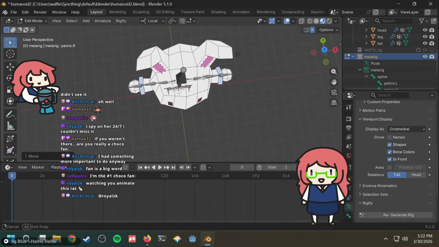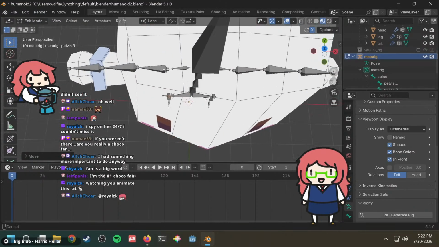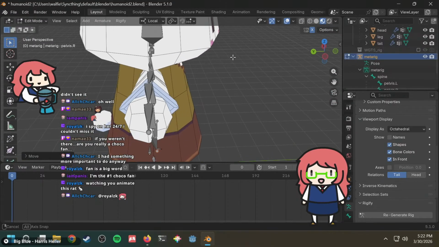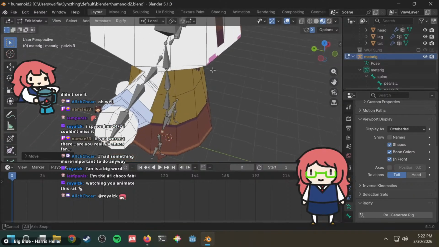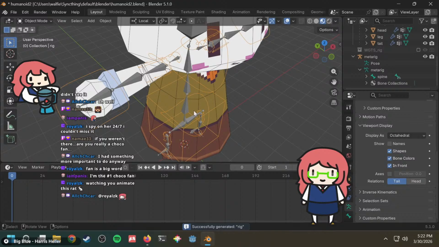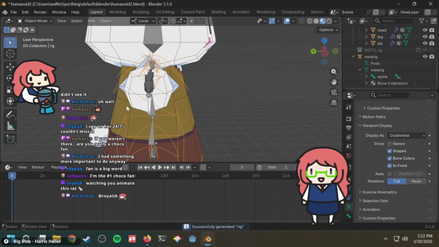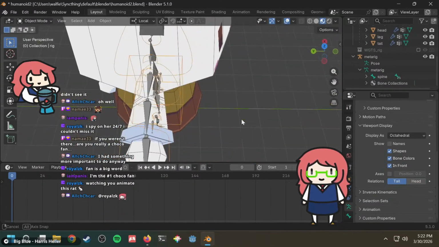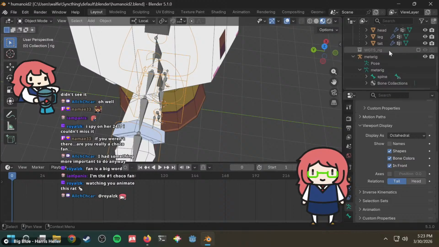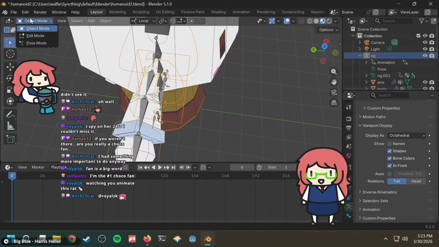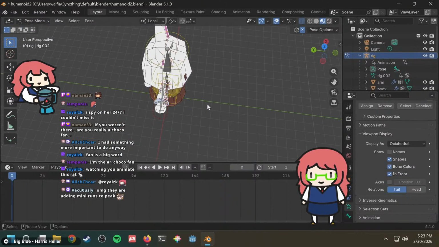Alright, so I think the arm is slightly more aligned now. It's got like a slight bend to it, but that's intentional. Okay, and then all you gotta do is regenerate the rig. But now this arm, doesn't this arm seem even more rotated? Why is that? Although this thing does seem straighter now. So let's try going into the rig, going into pose mode.